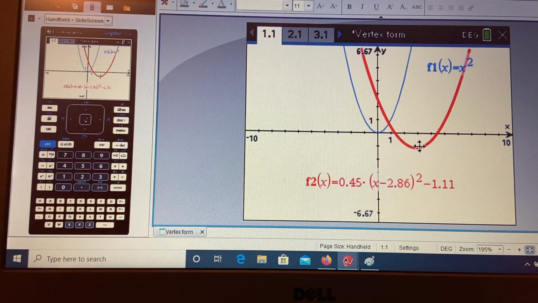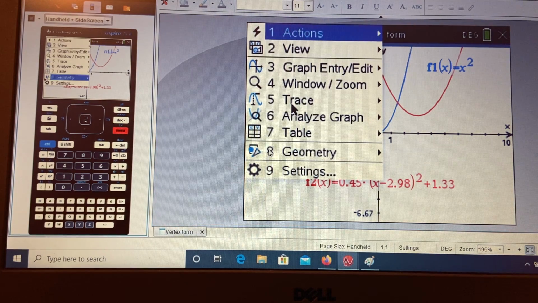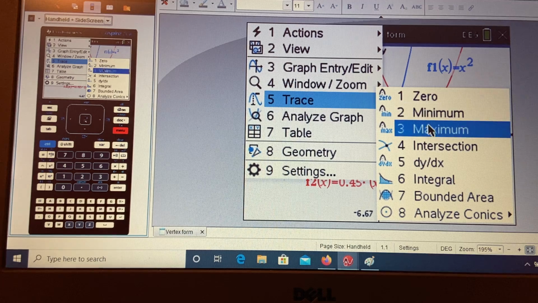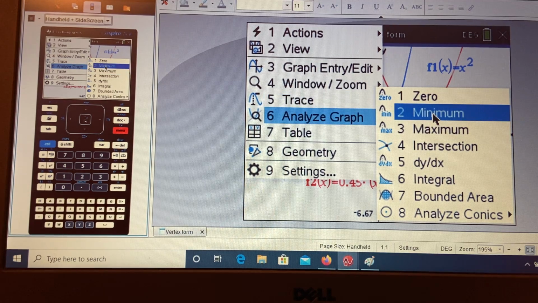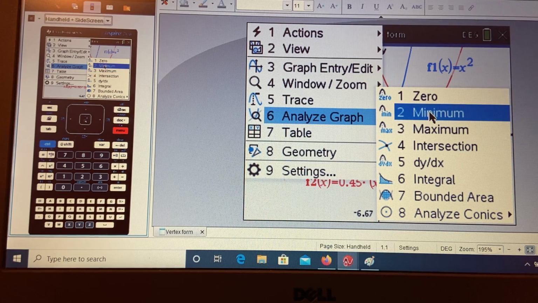Now, we have it up here. Now let's look at our vertex. Our vertex is right here, and it is a minimum. On this graph, it is a minimum because the graph opens up, and that is the lowest point. So if we find the vertex, we can go to Menu, Analyze, and here's where we find the vertex. We have to pick either minimum or maximum, and in this case, it is a minimum,